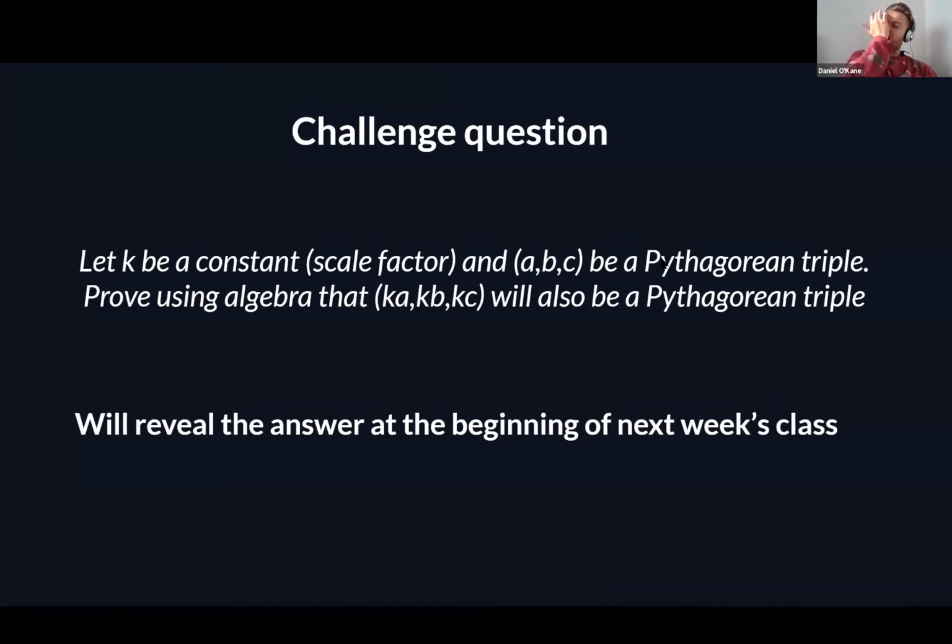Someone asked, should we copy them all down, the known Pythagorean triples? I think that's a great idea. In your book, you can just have 4 Pythagorean triples. If you just memorize 4 of them, I'll write them in the chat box now. If you memorize these 4 Pythagorean triples,